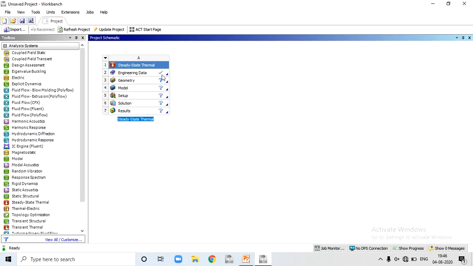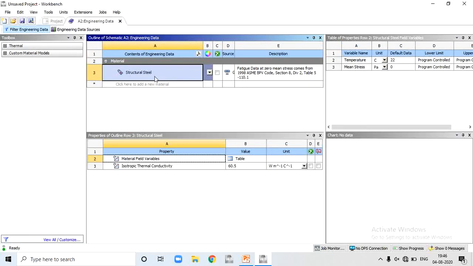Engineering data already has a tick, meaning okay. Still we check which engineering data is used by default by the software. So double click. It defines the material of the object, or we can add a new material according to our requirement.